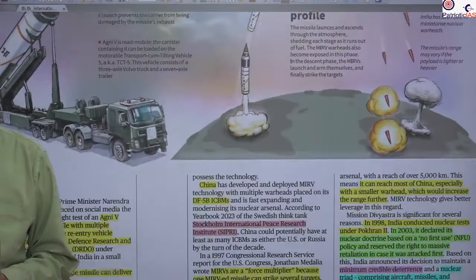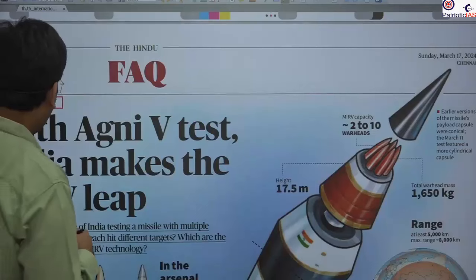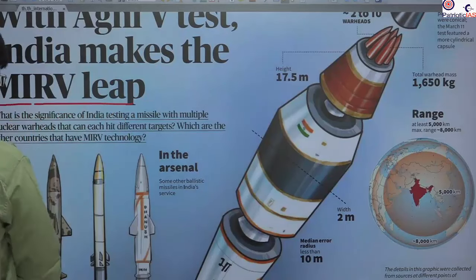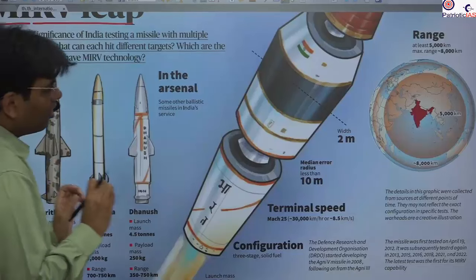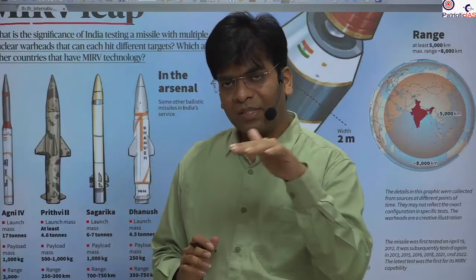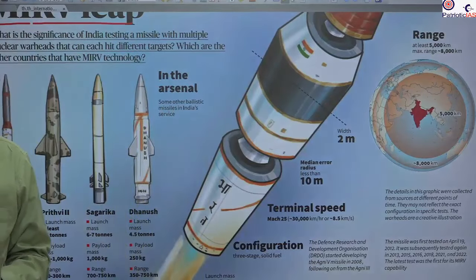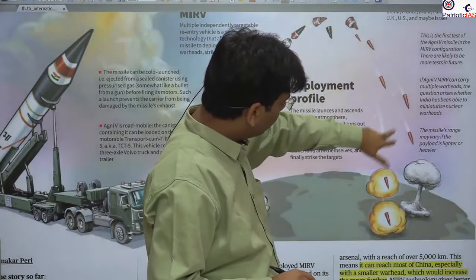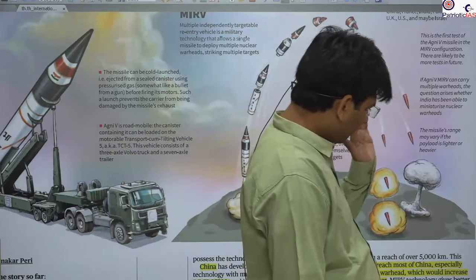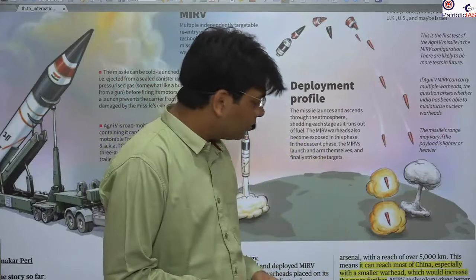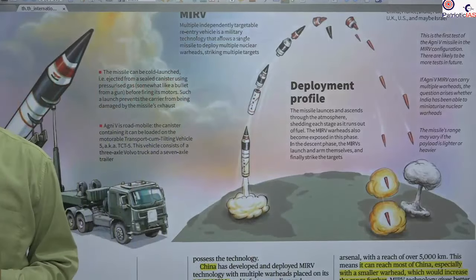The next important news that we are going to take is with respect to Agni 5. We have tested Agni 5 and it is with the technology of MIRV. So what is MIRV? This is a very unique and special technology. Under that, we can target multiple targets in one launch, one missile attack. You can see the picture: this missile will go, and many warheads will come out, and a lot of targets can be targeted, and it is also able to